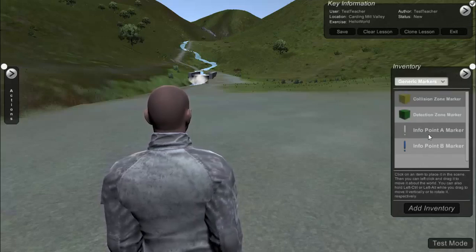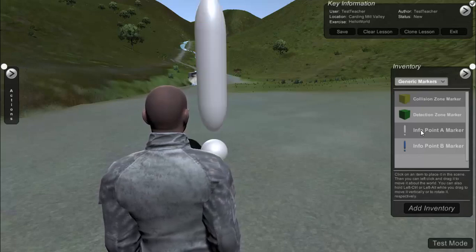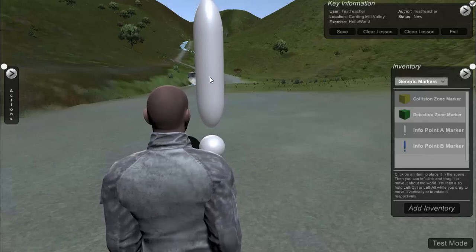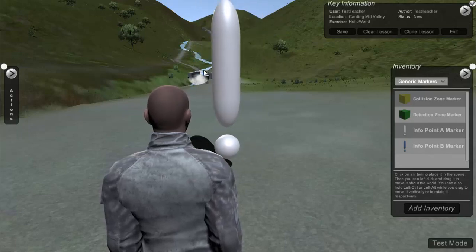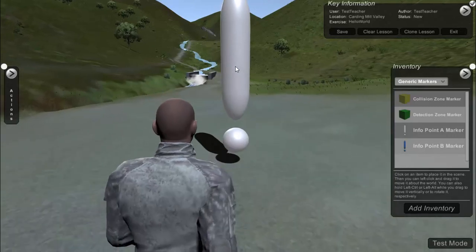And within the inventory I've got a number of props, and this is just a set of test objects here. So to create an exercise, all I do is I choose one of these props, click on it, and it appears in World. I can then click and hold with the left hand mouse button so as to move it around in the environment. I can also move my avatar at the same time, so I can walk the prop